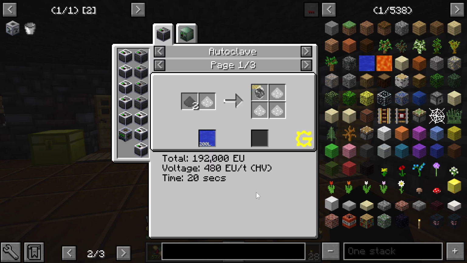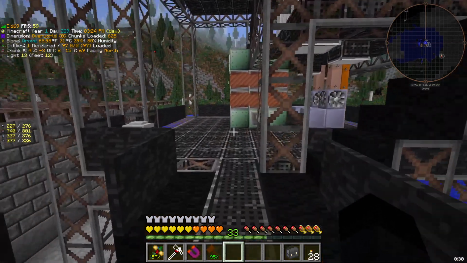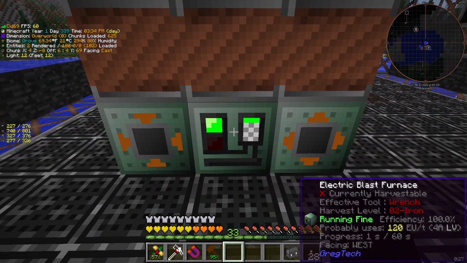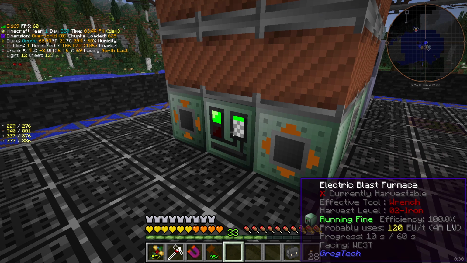So now we need to make a gallium arsenide, which is an ABF. And it's 1 gallium and 1 arsenic on a technically medium voltage, but we've done that before, so that's fine. And that will make me a gallium arsenide crystal, apparently. Gallium, arsenic. Running perfectly. It's processing the recipe. It's going to take 60 seconds at 120 EU per tick,